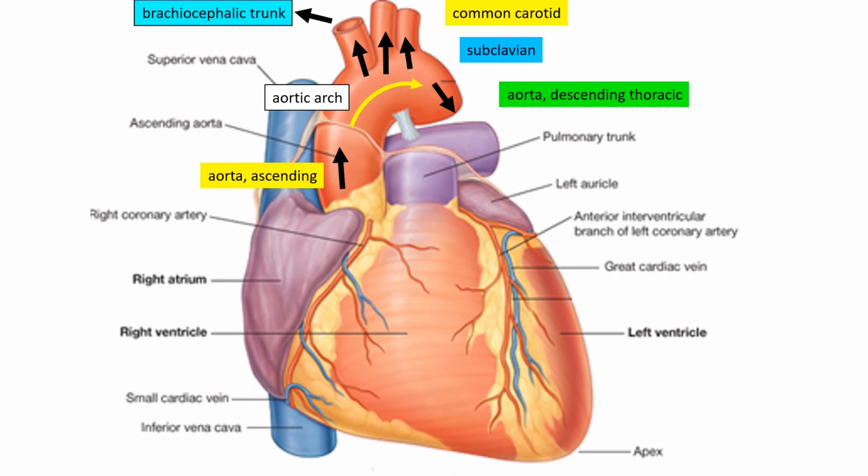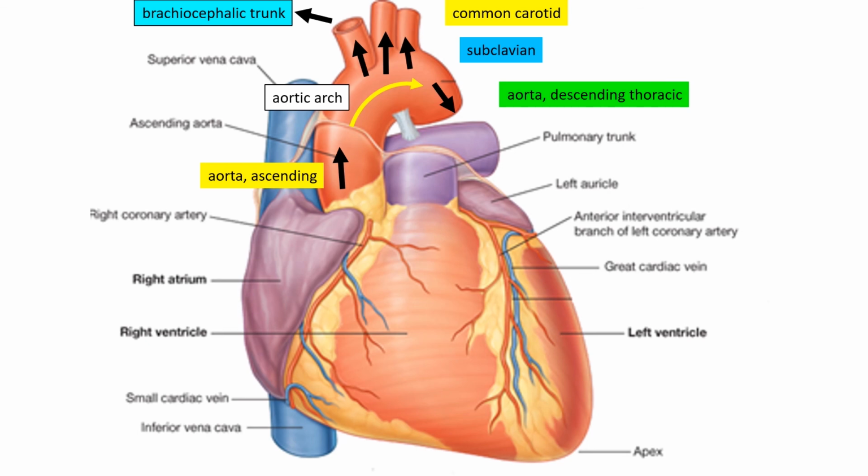The right side of the head and neck is supplied by an artery which is going to divide later on into common carotid and subclavian, while the left side of the head and neck branches come from the arch of the aorta. So instead of having 4 branches, we are having 3. Why is that? Because the arch of the aorta is moving to the left. So when it is moving to the left, it can give